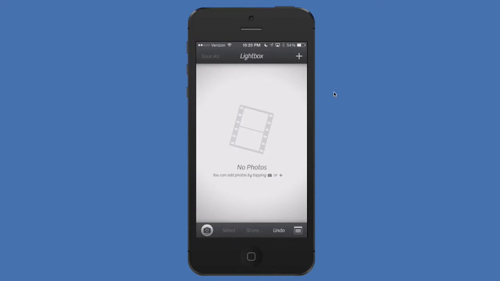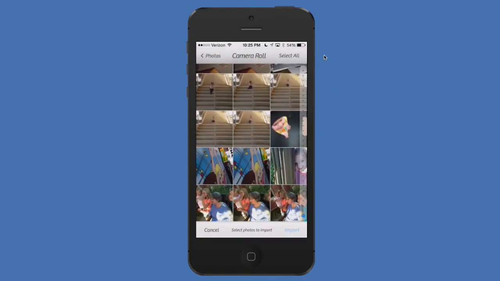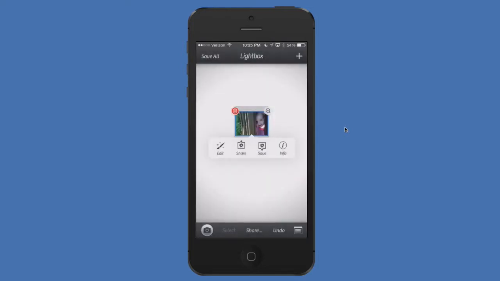But we've got it opened up here, and so what I want to do is import a photograph from my camera stream, and we're going to go through some editing motions there, and really my aim here, like I said, is to help you understand the basics that we want to apply to any kind of photograph that we're trying to edit. So here we go. What we're going to do is go up to the plus symbol. Okay, and we're going to pick, I really like this one of my daughter. I took a photograph of her a few weeks ago on the deck, and she was having a little swim party. And we're going to click on that, import it,